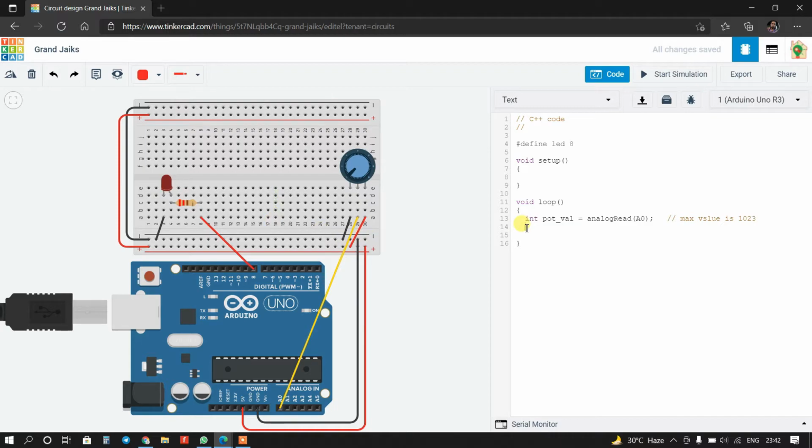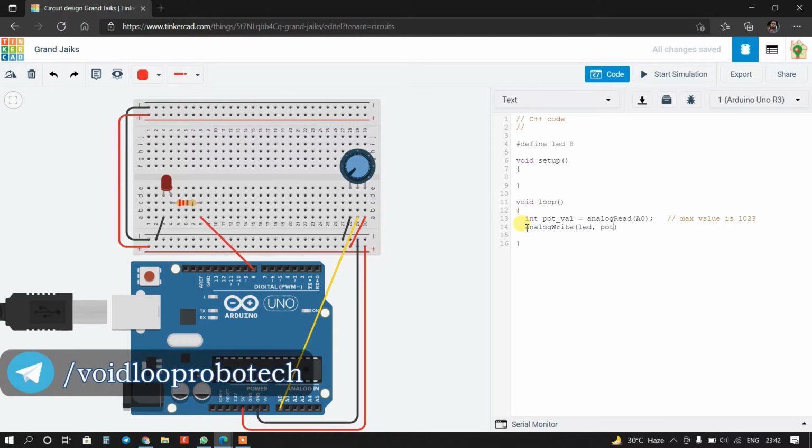So I will turn on here LED with PWM. So analogWrite, right, and here I will pass LED, and its value will be potentiometer value.